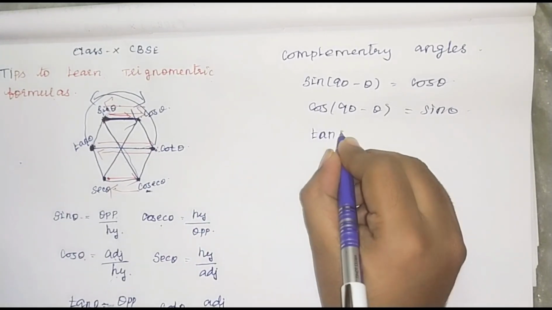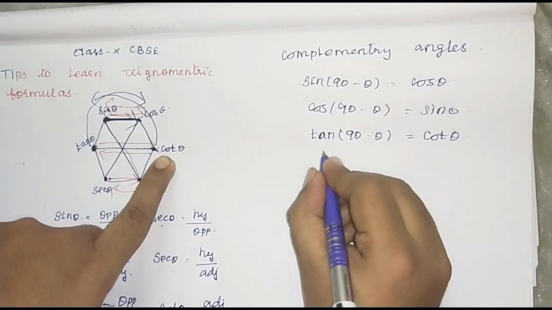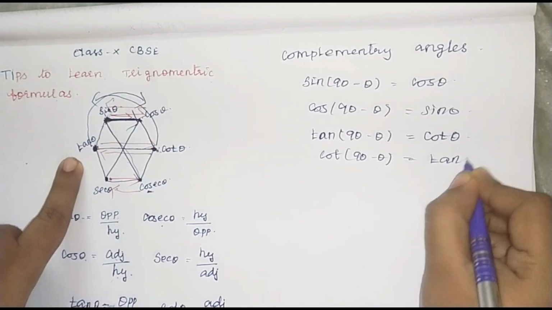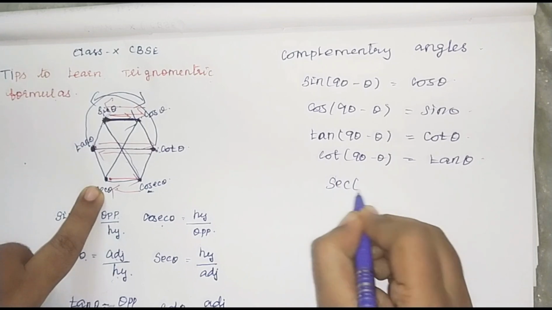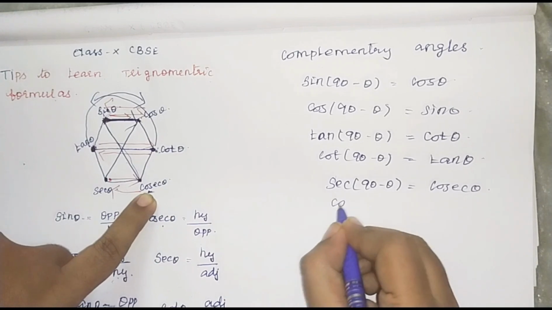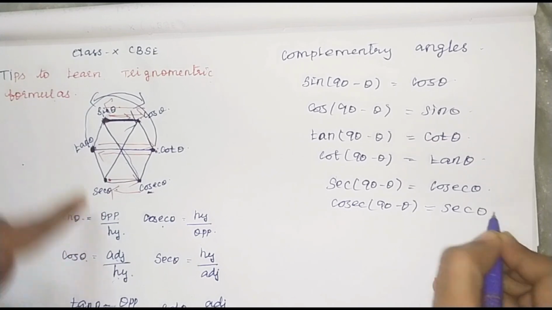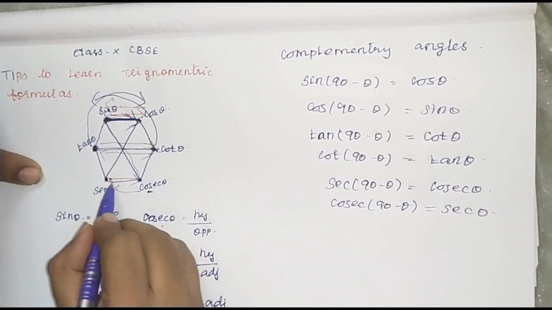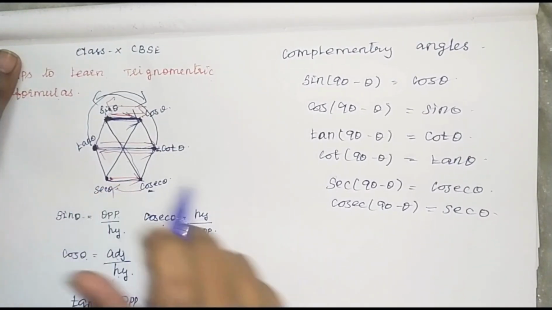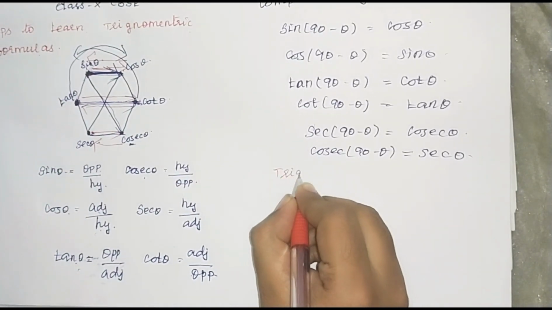Tan of 90 minus theta gives cot theta. Again, cot of 90 minus theta equals tan theta. The next one, secant of 90 minus theta equals cosecant theta, and cosecant of 90 minus theta equals secant theta. So if you consider the sloping line and the horizontal line, you can write the complementary formulas easily using this diagram. The next one is a very important topic, trigonometric